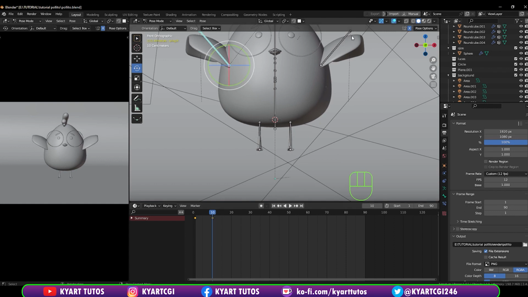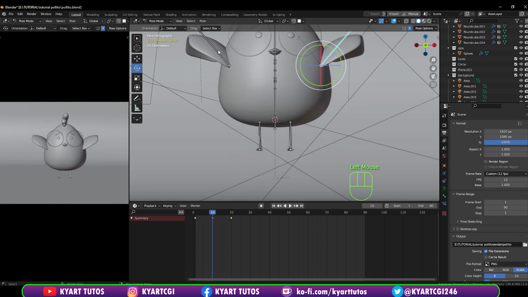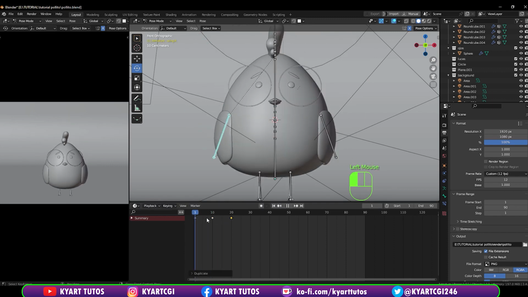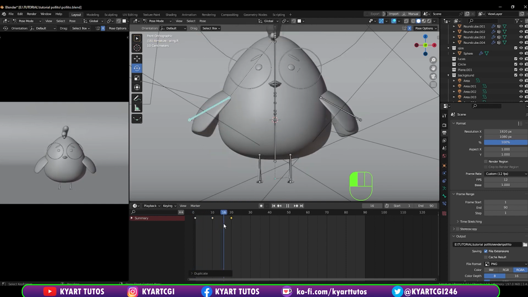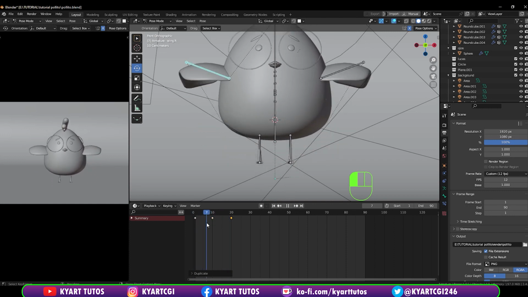we are going to move to some keyframes. So select the first one, Shift D, duplicate it and put it on 20. Okay, now the other wing, select the first one, Shift D, and then put it on 20. Now you can see we have the motion of the wings. So go back and jump and